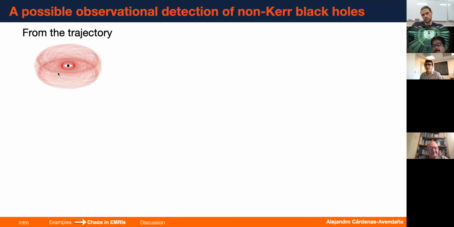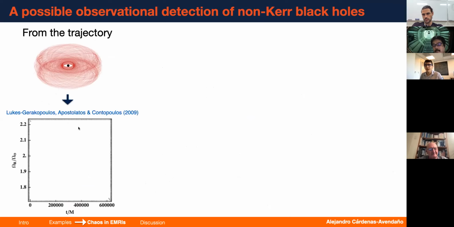So this has been done. For example, you can study the trajectory, and in a seminal work by these people, they study, with the method I just showed in the previous slide, what's going to happen to the frequencies of the trajectory. Remember, they didn't compute the gravitational waves per se. They have an in-spiral, but they analyze in Fourier space the trajectory r and theta. That's not an observable, but still this is a seminal work. This was the first time this was done.